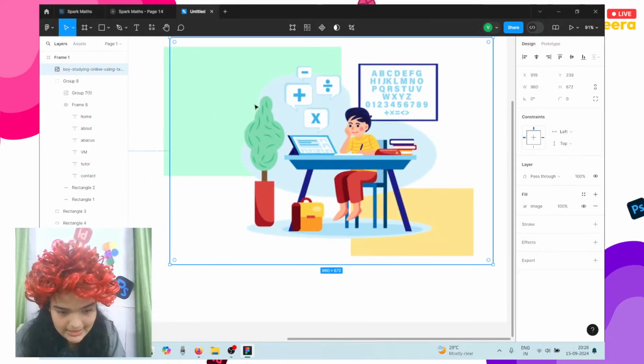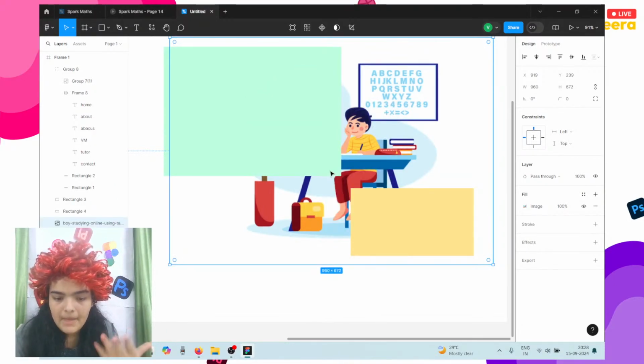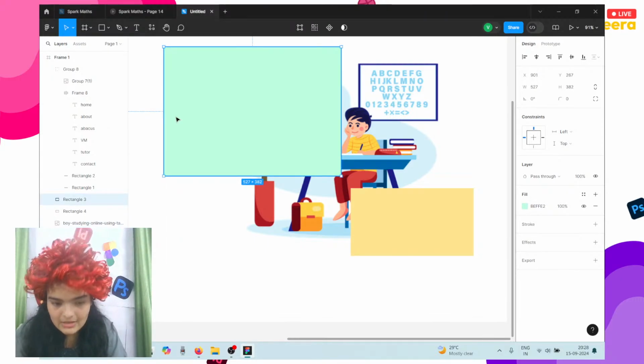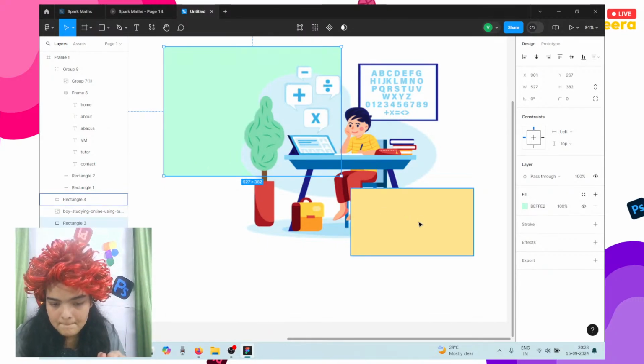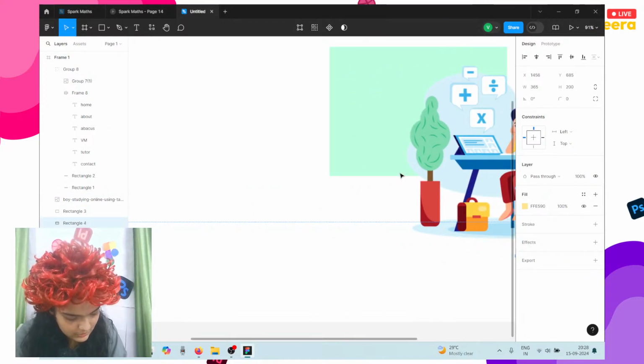How did you reduce the Z index? If you want to reduce the Z index of something, just click on this image, right click, send to back, and that's going to send it behind everything. And we want to do it again. So we're just going to right click, send it to back, right click again, send it to back. And one final thing that we need to